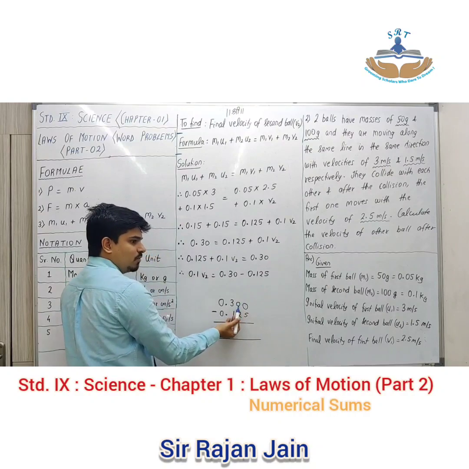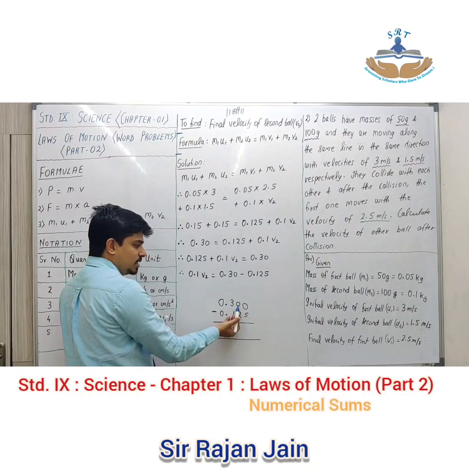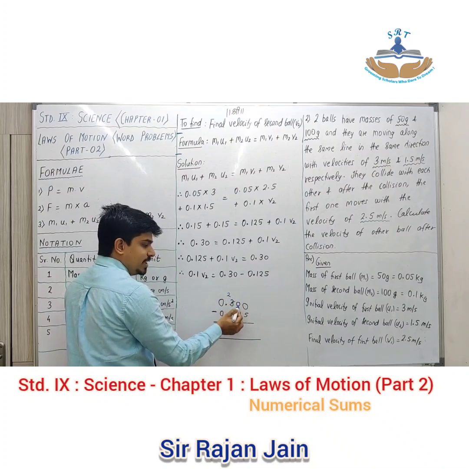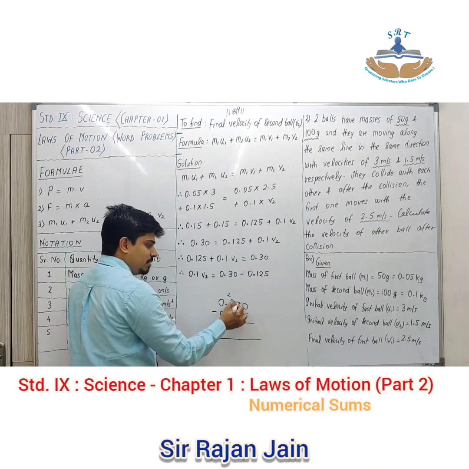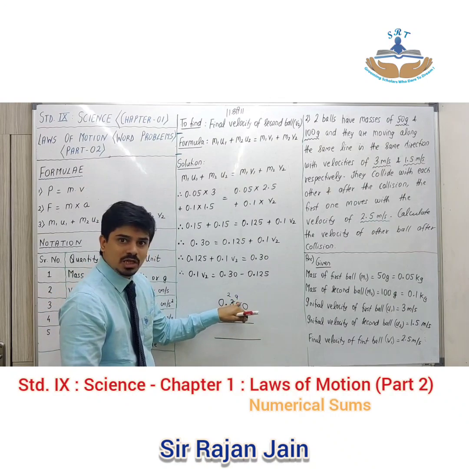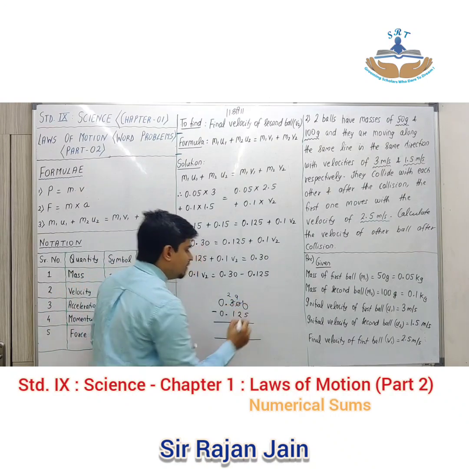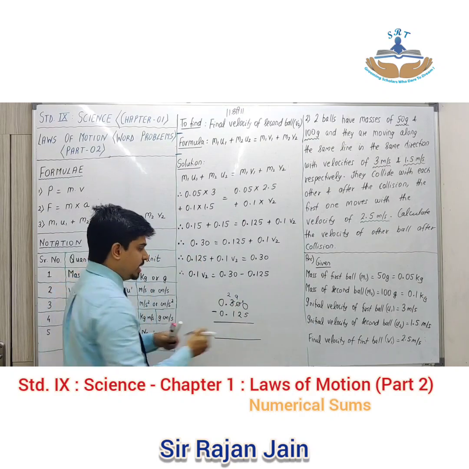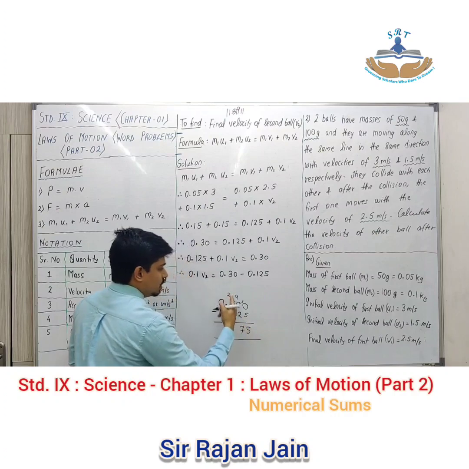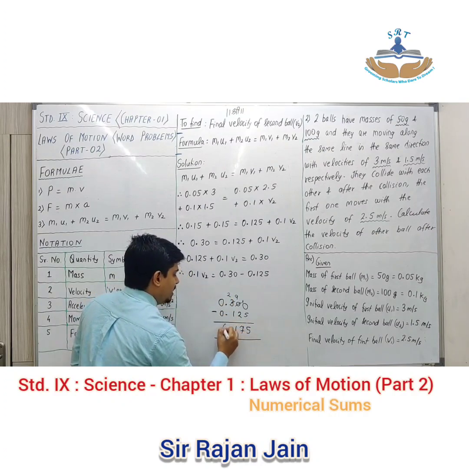I need to borrow 1 from here. I cannot borrow because it is 0. तो ये हो जाएगा 2. इधर से बोरो होने के बाद ये 10 हो गया, लेकिन वो 10 में से मेरे को एक बाजू वाले को देने का है. So this will eventually be 9 and this will become 10. Understood? Okay. 10 minus 5 is 5, 9 minus 2 is 7, 2 minus 1 is 1, 0.